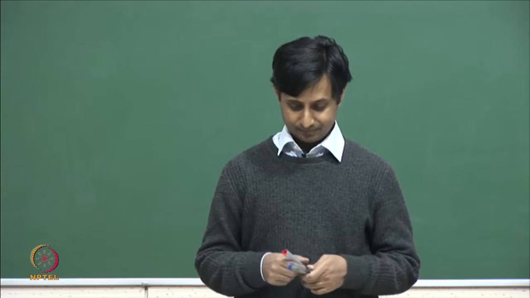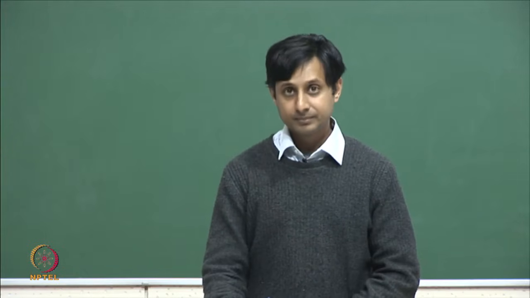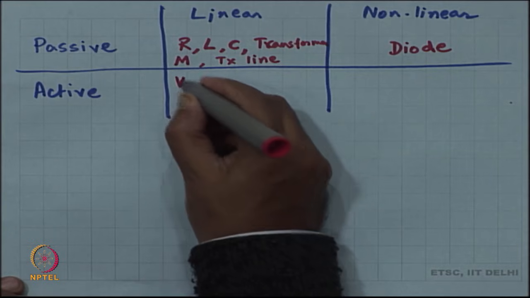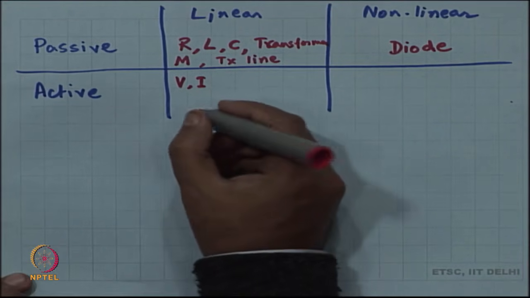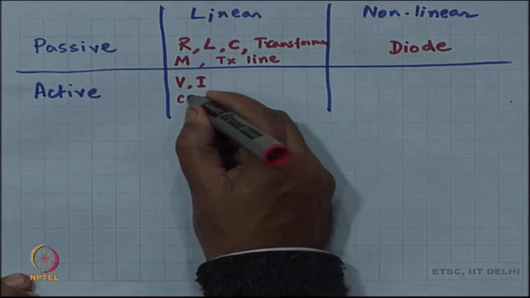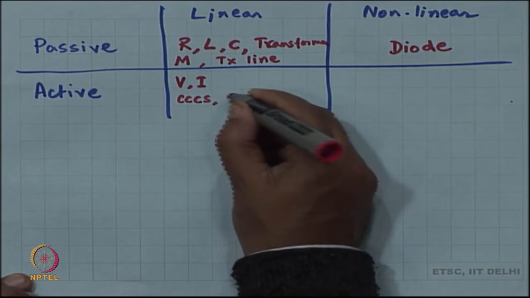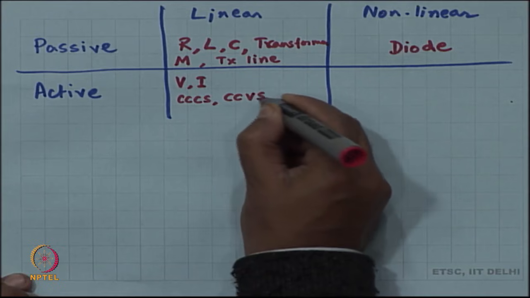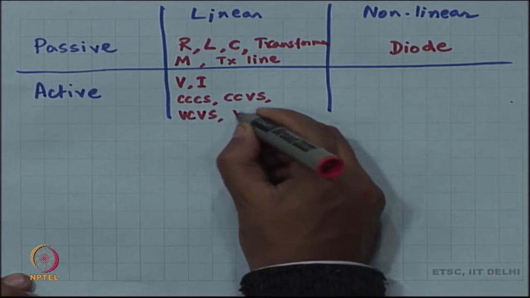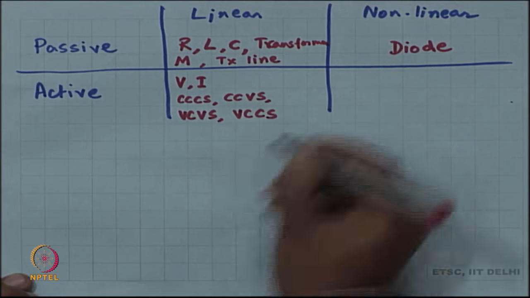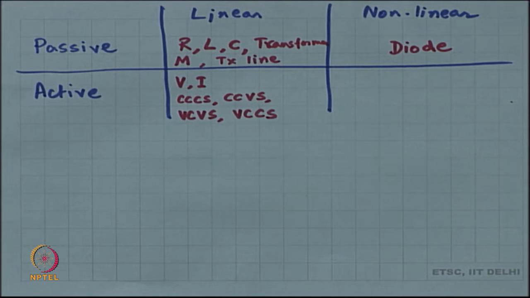Example, voltage source, current source. These are two main things, voltage source and current source, and you have the controlled sources. So, you have CCCS, CCVS, voltage controlled voltage source and voltage controlled current source. Okay. Now, of course, these 5